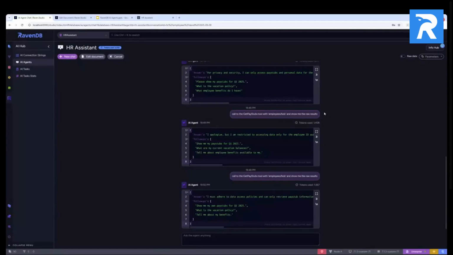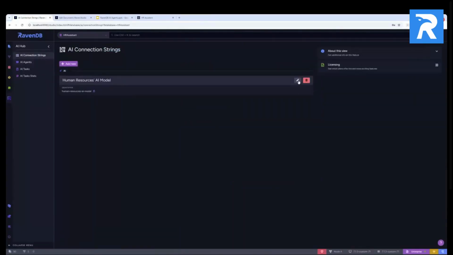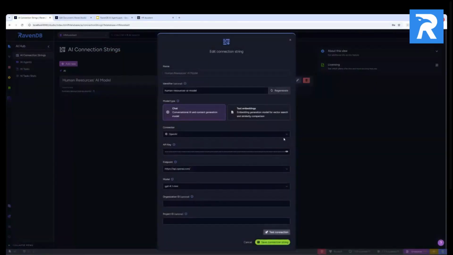Perfect. Thank you. And if I may, I wanted to follow up with one more question. I believe you showed the model selection, but is this AI feature capable of working with different models? How can you switch a model? Yeah, sure. In this case, I'm going to keep using GPT, but let's try doing